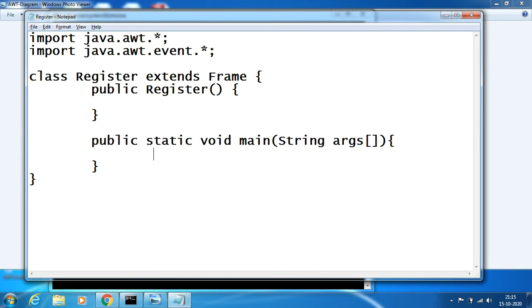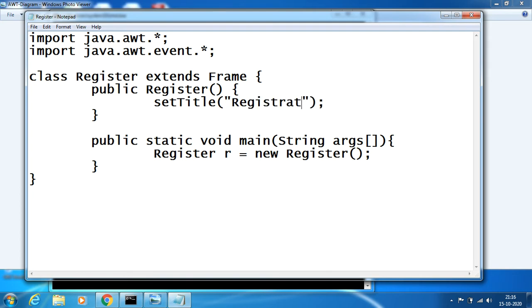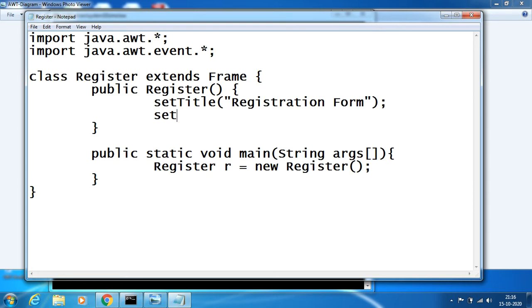Hence, whenever we create a frame, the first thing is we need to look into the creation of the frame. A frame has different things to be set. One is that a frame will have a title, something like registration form, and another one is the size of the frame, for example 1000 cross 1000, height and breadth.